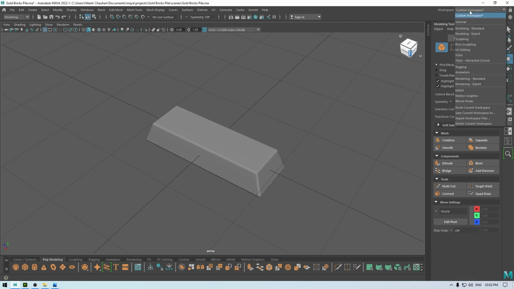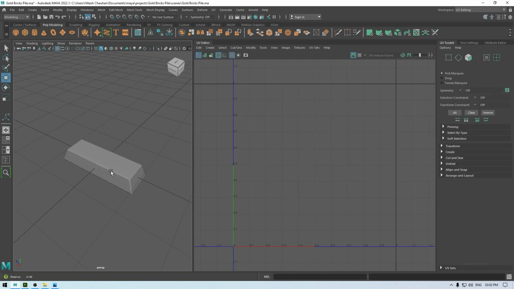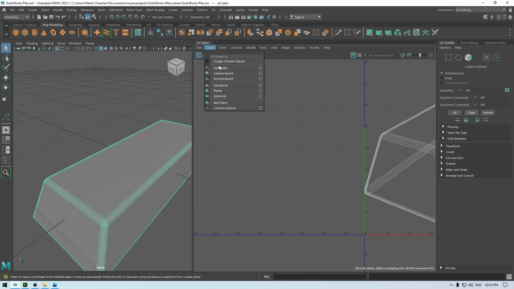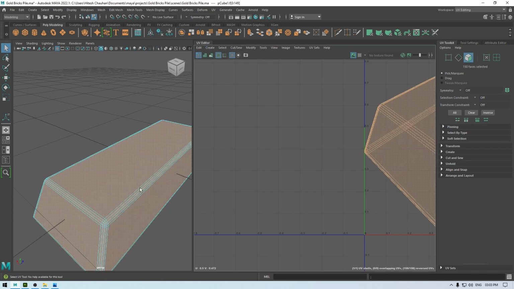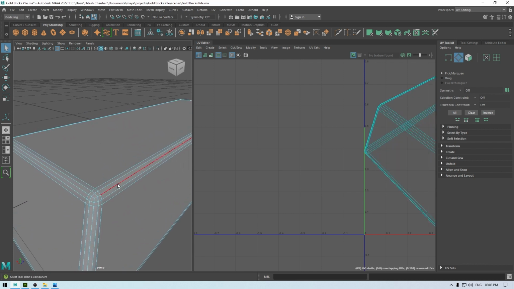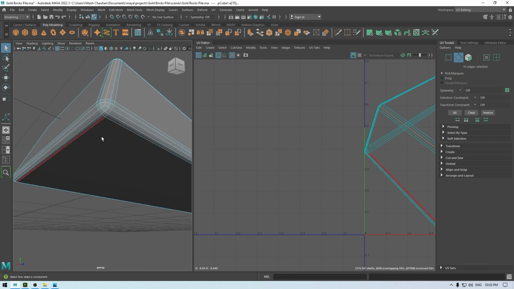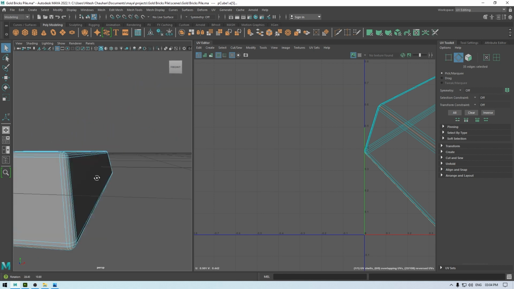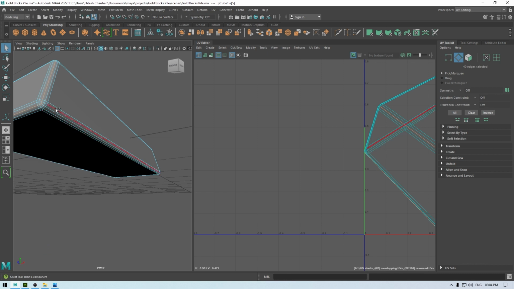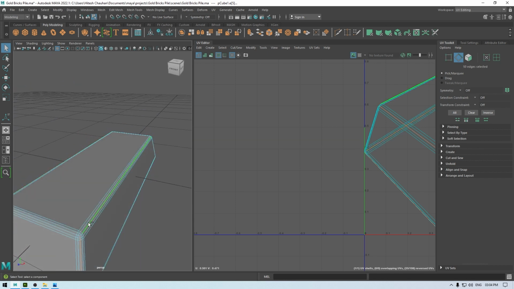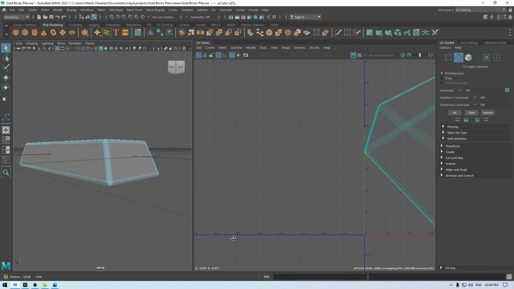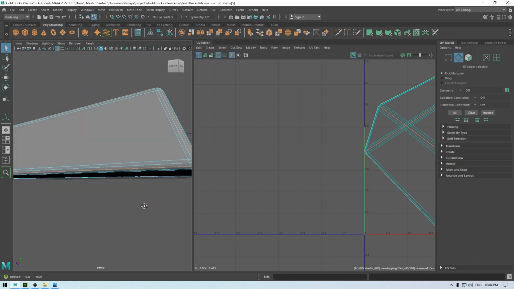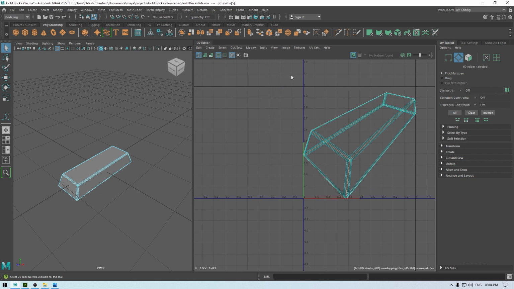Now let's unwrap this. For this I'm going to go into my UV editing mode. Select this object, go to create and use camera based mapping. Now go to edge mode and let's select the seams. So select these edges with me, and cut, then go to shell mode, then unfold